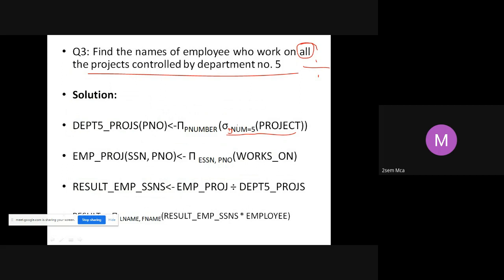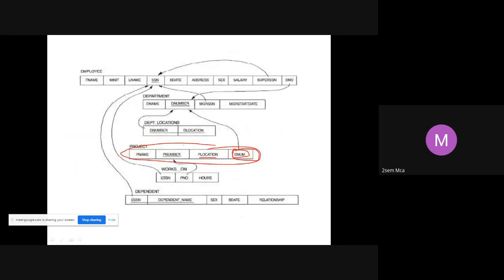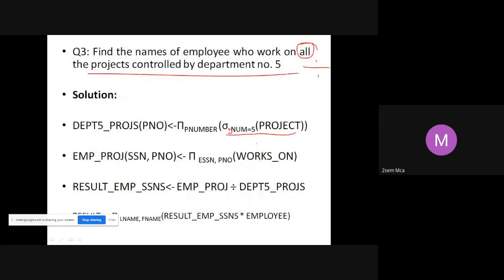Now, I will get all the attributes. When I do a select operation, what will happen? I will get P name, P number, P location, and the department number, wherever department number is 5. I will get all 4 attributes. But I am not interested in all the attributes. So what will I do? I want only the projects, that's all. So I will apply a project on that, wherein from all the 4 attributes, I will keep only project number. So I will get the numbers of all the projects